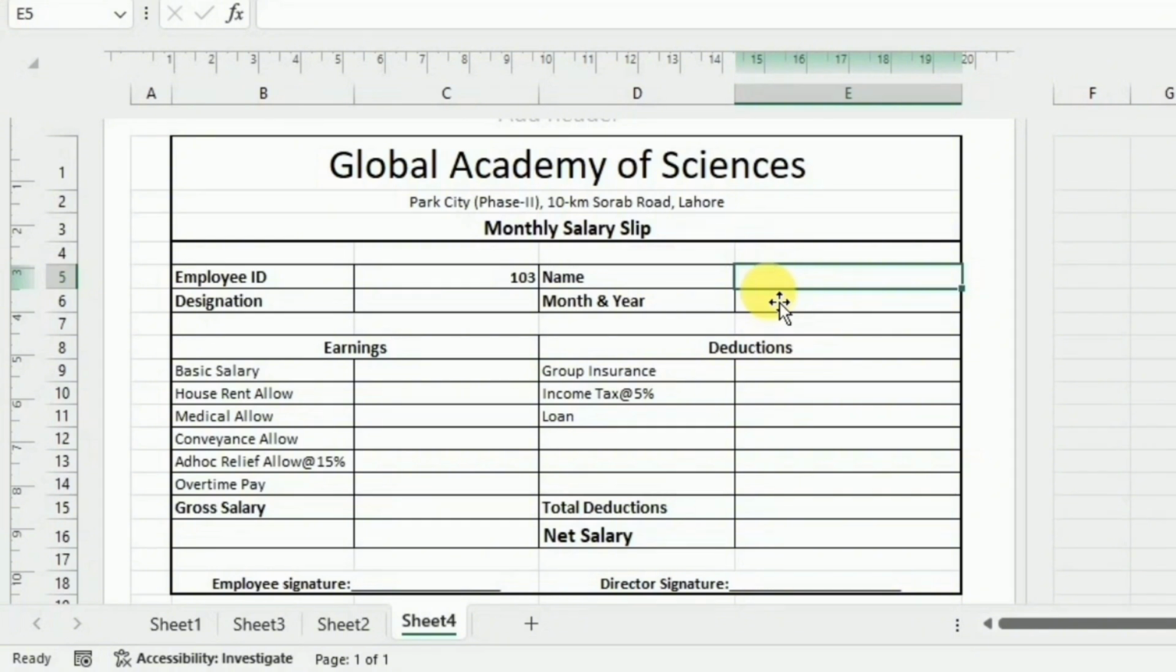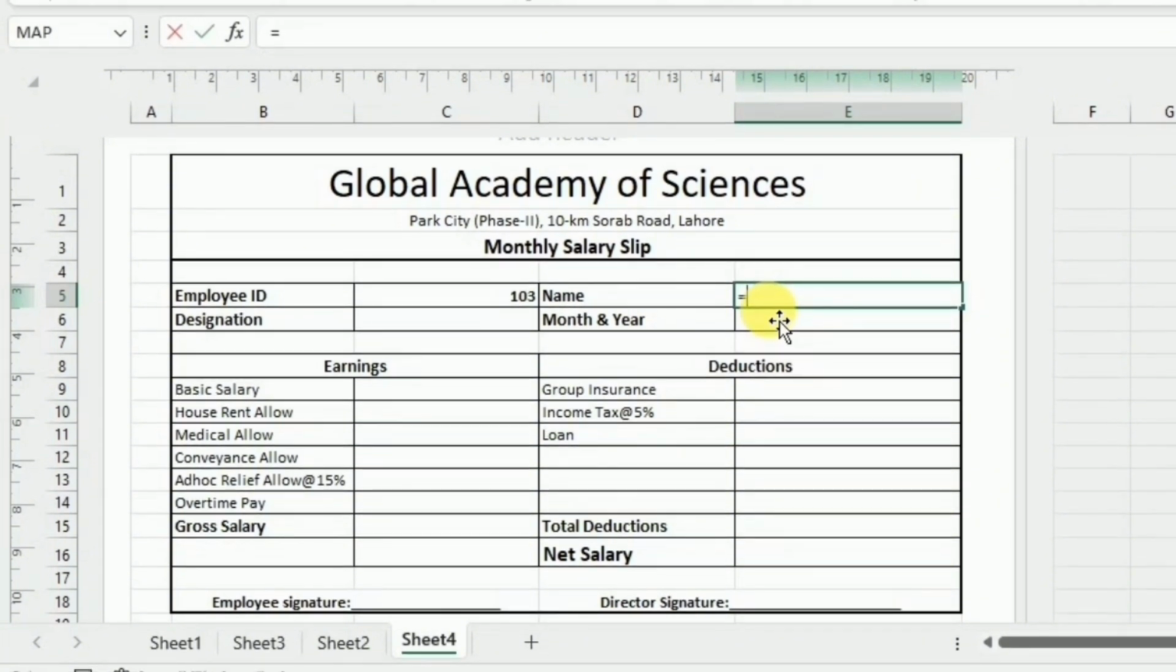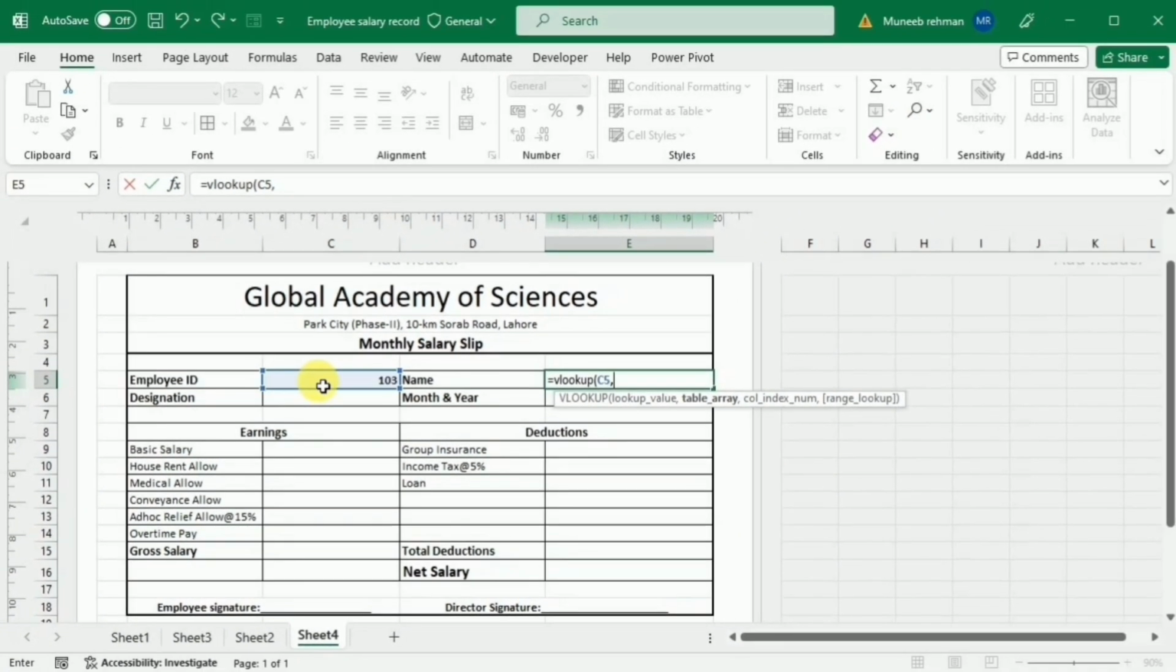For getting the name, I am going to use the function of VLOOKUP. For this purpose, I will write equal VLOOKUP bracket start. First I have to select the lookup value, and lookup value is actually the employee ID, because we will be using this employee ID to switch between different employees. After this I have to put comma, and then we have to select the table array, and table array is